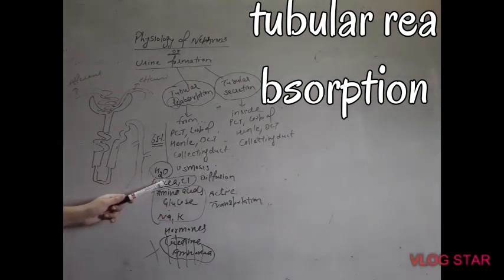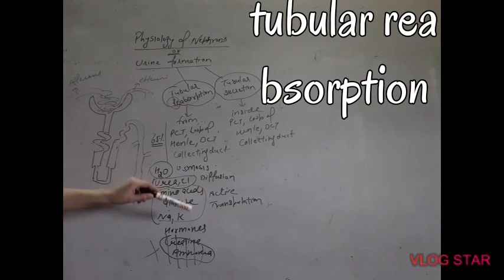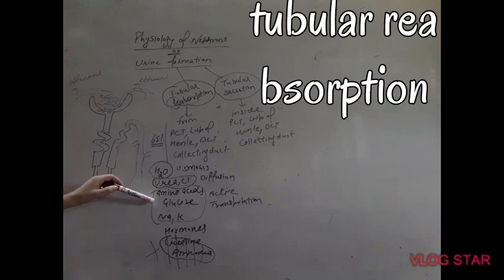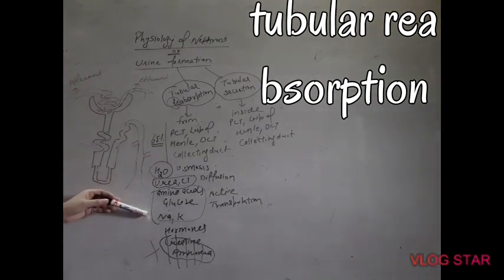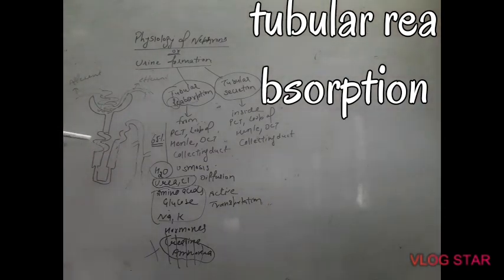Osmosis, diffusion, you probably know. What is active transportation? I am going to explain. Active transportation is the movement of substances from the area of low concentration to high concentration. When something has to move from low to high, then it needs energy. So with the help of ATP molecules, these substances move from low concentration to the area where they are already high. These substances are already very high in concentration in the blood, but still they are absorbed from low to high by the process of active transportation.